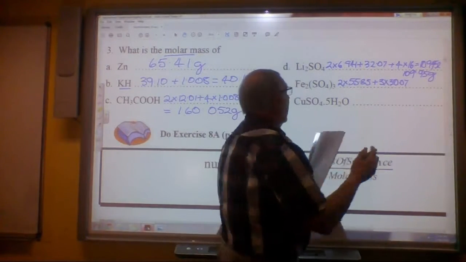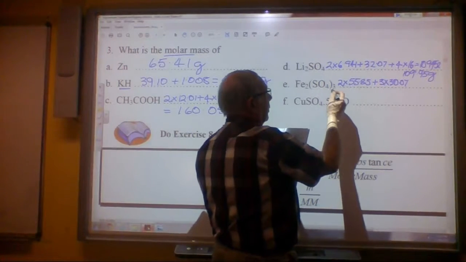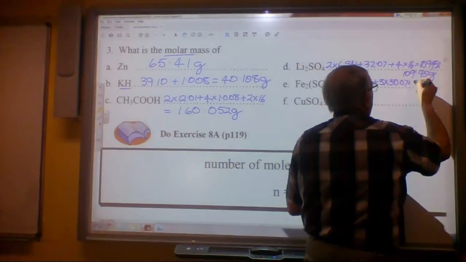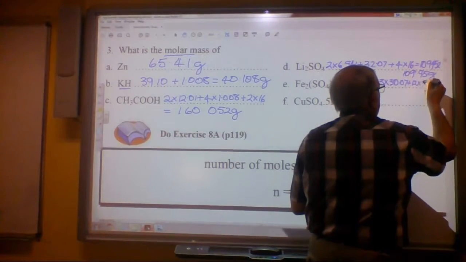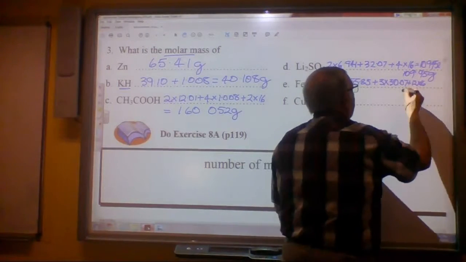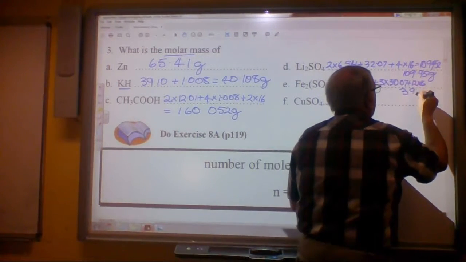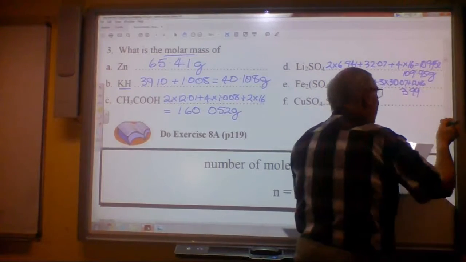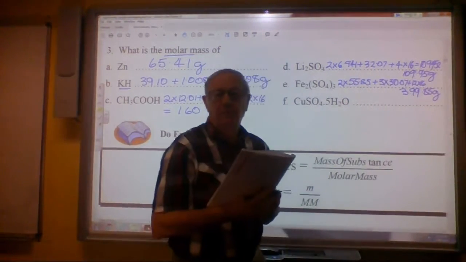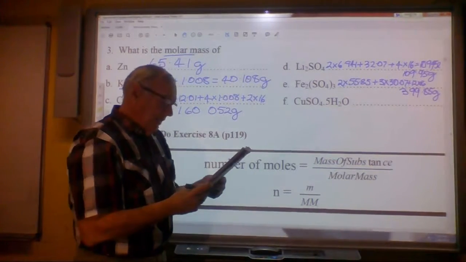And altogether, we've got 12 oxygens. So 3 by 4 is 12, plus 12 times 16. So our answer here works out as 399.85 grams. And finally, the last one, which is copper